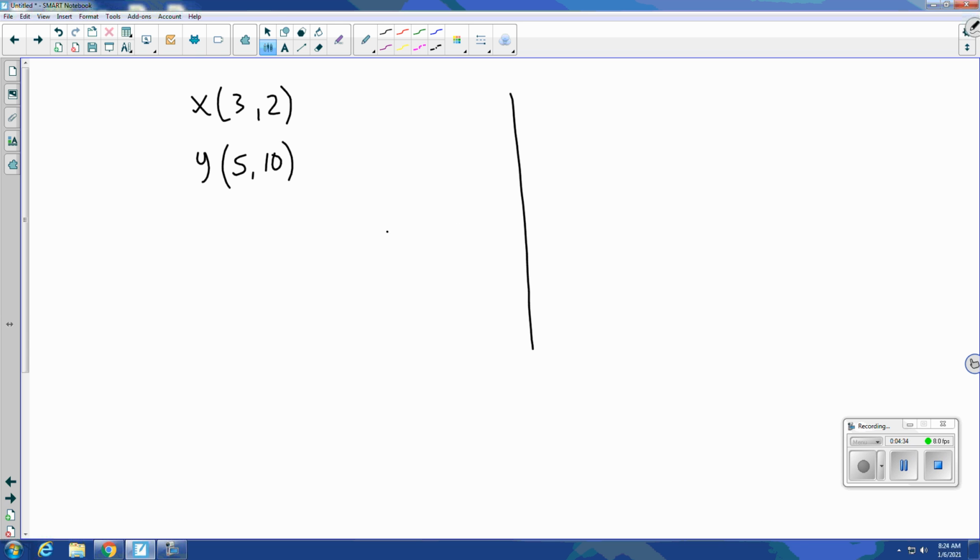So if we're on a coordinate plane, and we have X at 3, 2, and Y at 5, 10, we can see that we can connect these two points to form a segment. So if we want to write the perpendicular bisector to this segment,